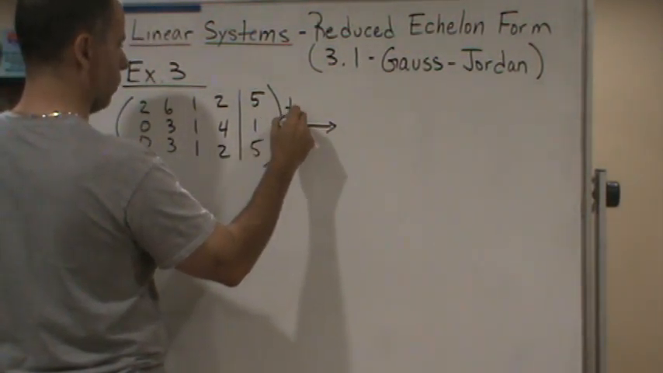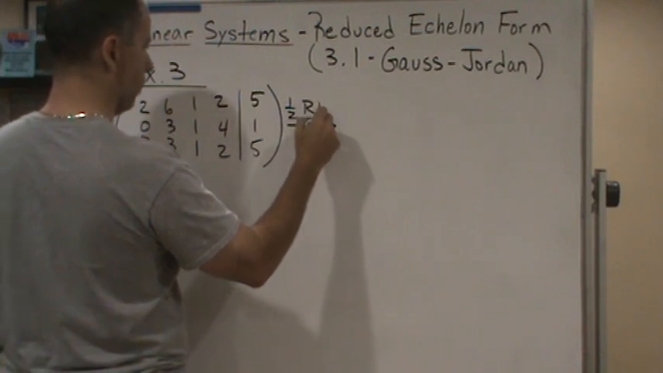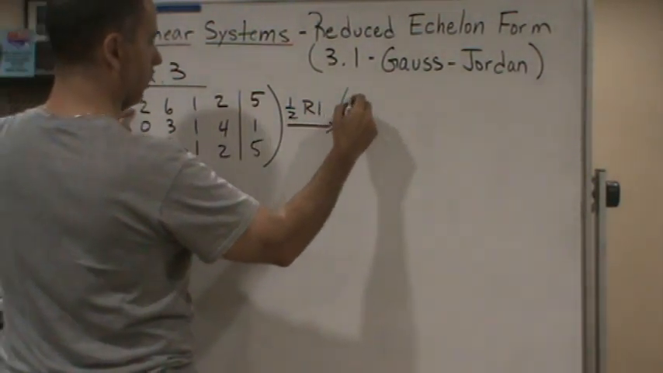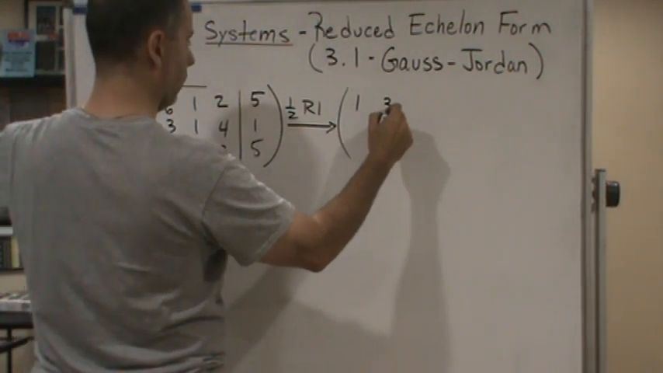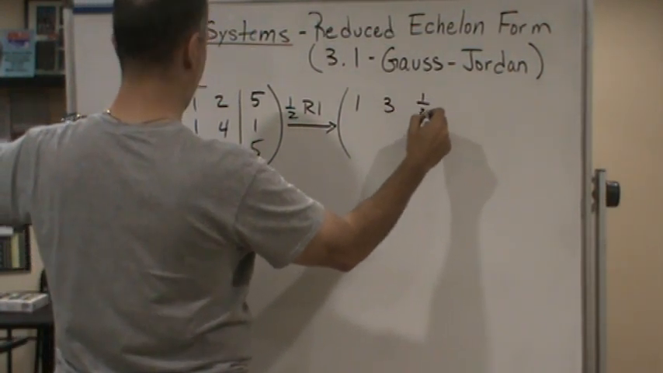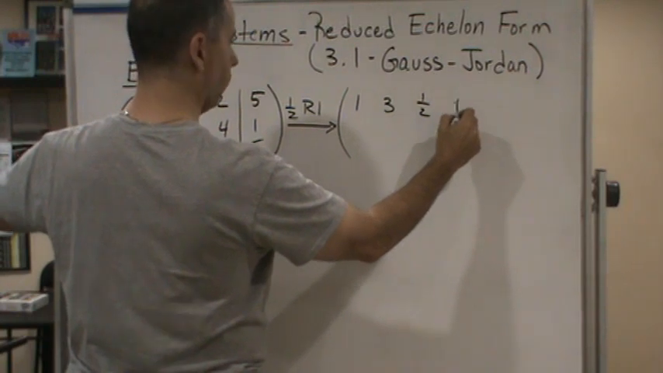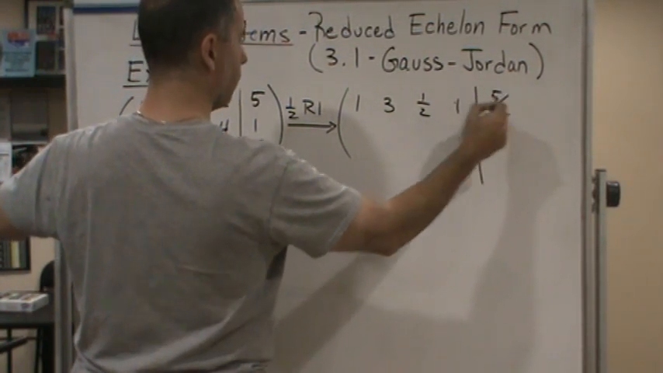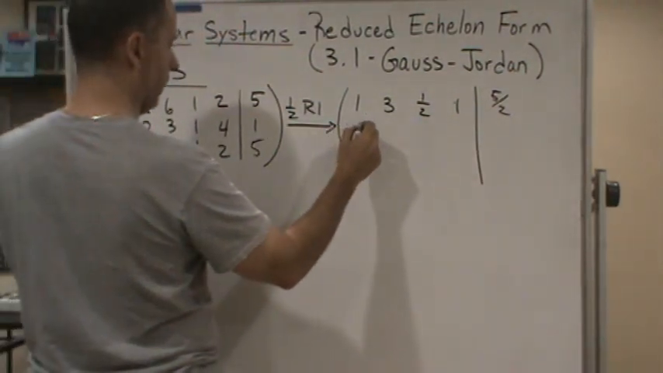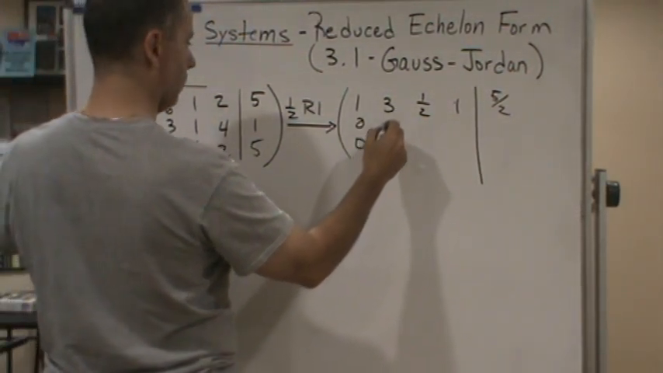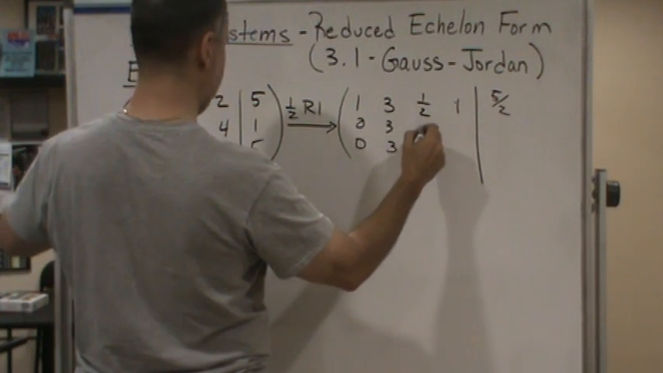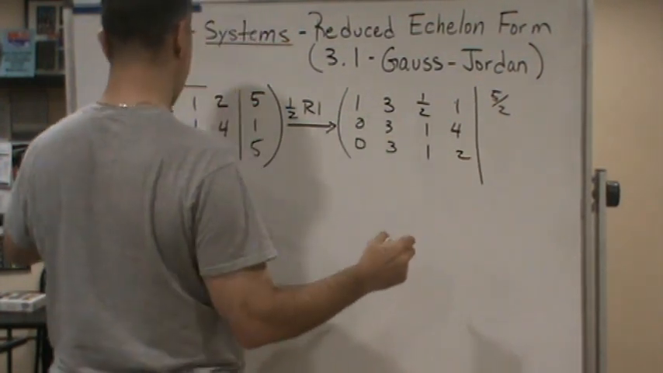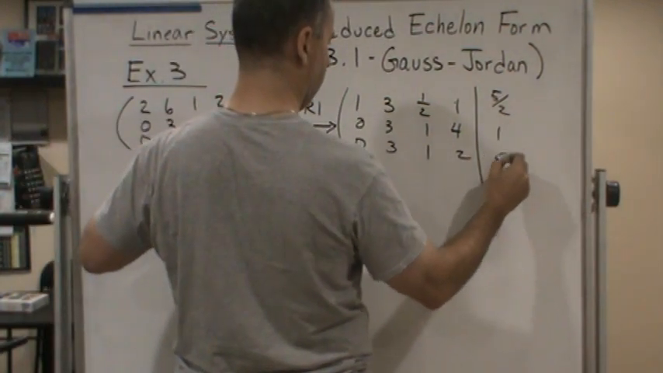So I'm just going to take 1/2 row 1, and that's going to give me 1, 3, 1/2, 1, and 5/2, and then 0, 0, 3, 3, 1, 1, 4, 2, 1, 5,